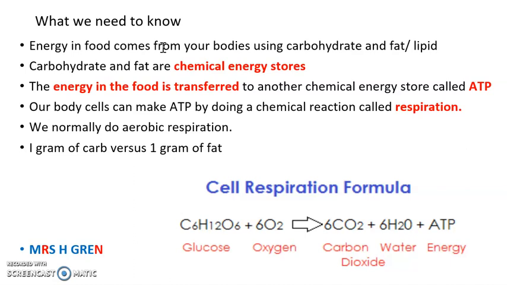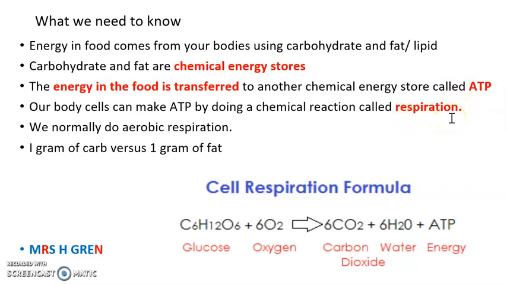And when the individual cells of our body get that chemical energy store, they're going to use it, and they're going to do what is called an energy transformation. They're going to transfer the energy from the food into a different kind of chemical energy. They're going to do a process called respiration, and they're going to make this chemical compound here called ATP. So I'll say that again because this is quite difficult: when we eat food, we are taking into our body chemical energy stores. The individual cells of our body then do an energy transformation. They transfer the energy into this compound here, ATP, and that chemical reaction that does that transformation is called respiration,